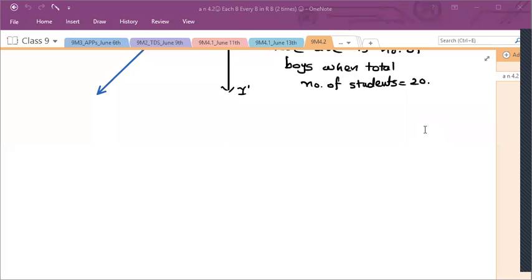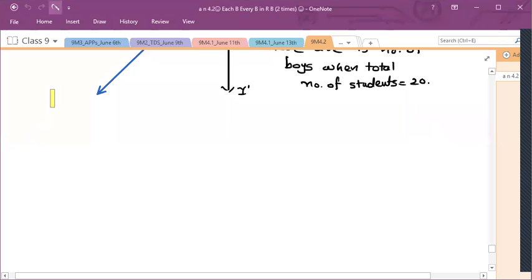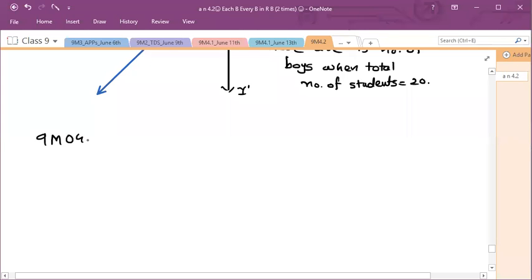Except advanced questions and advanced practice problems. So whatever are your doubts regarding R.D. Sharma or any other books, just send me on WhatsApp. In next week we will revise and we will see. Okay. So we are finishing 9M04 over here. So just send your doubts of other books on WhatsApp.